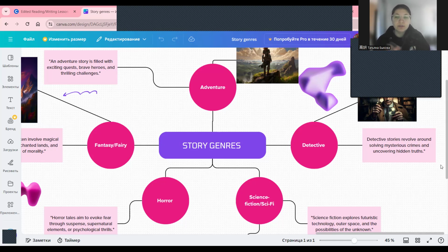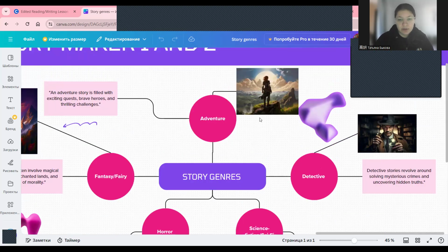So, after a small discussion, a lot of you like adventure stories and detective stories, and some of you like fantasy and horror and sci-fi. But we have just a few people who like horror, yes? So what about me? I like sci-fi because I like stories about new technologies, robots, artificial intelligence, etc. And I also like stories about traveling in space. So let's read about each of these story genres and find out their characteristics.